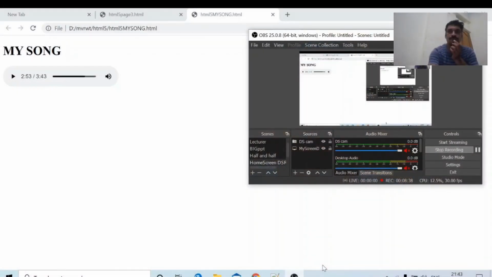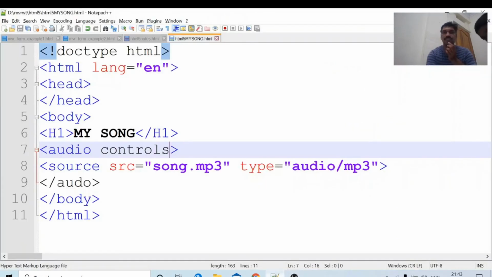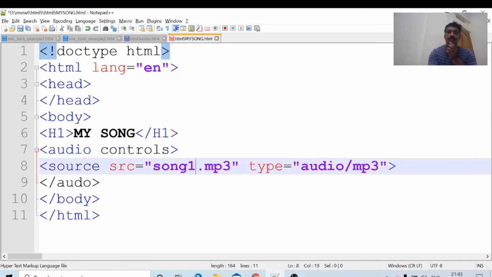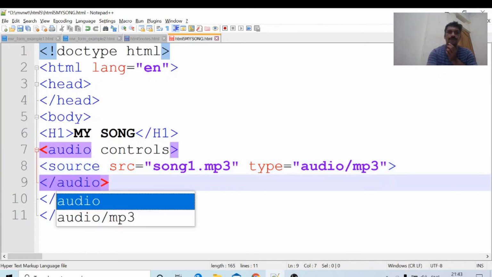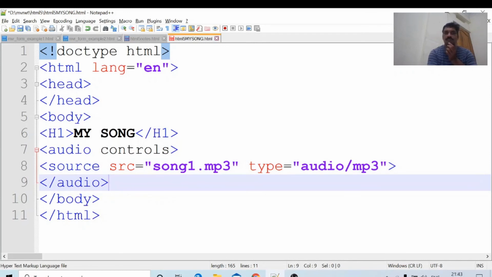One more piece of information: suppose this file is not available. Suppose here it is song1.mp3, and it is not available in the folder.